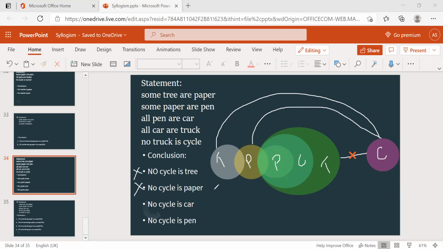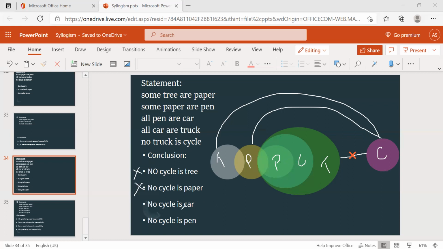No cycle is a car. See, car. Where is the car here? In truck. So truck is just fighting with a cycle. Just now I gave an example. This is India and this will be Andhra. If China is fighting with India, then even Andhra will fight India. So think it is Asia. It is India and it is Andhra.